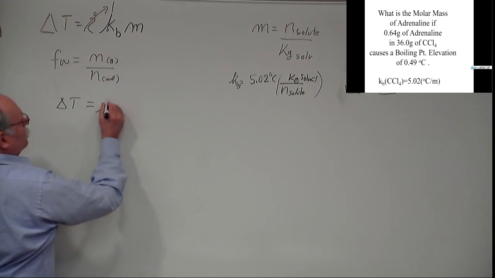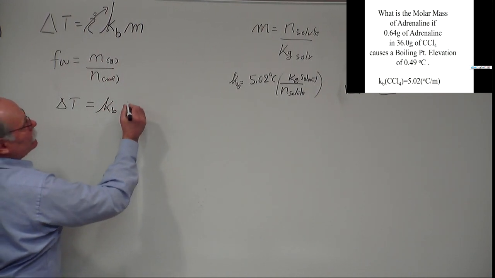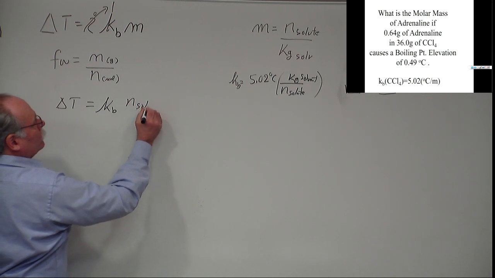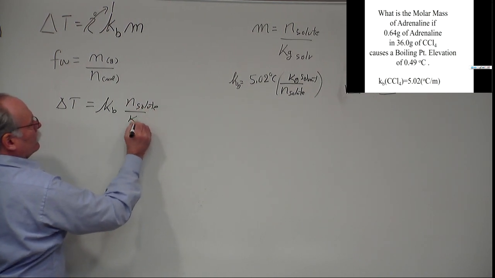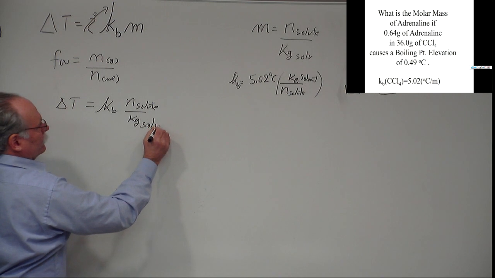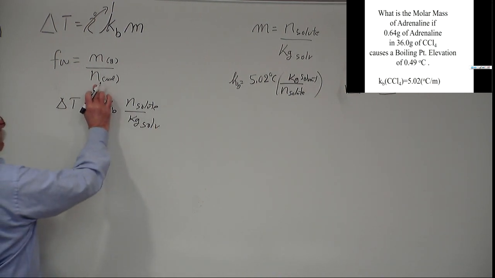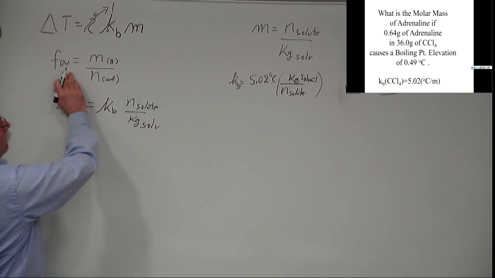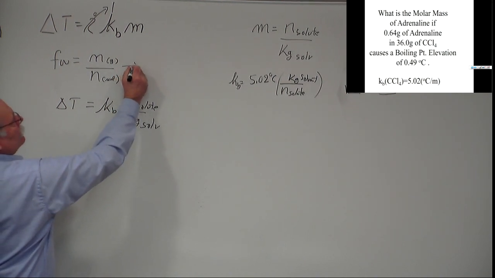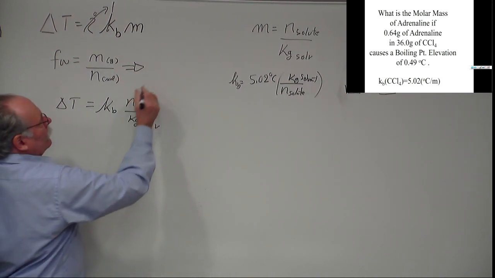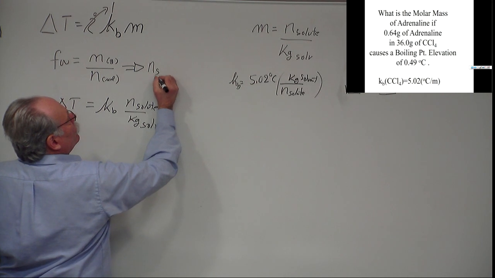And this is equal to Kb times the moles of solute per kilogram of solvent. Now, here I have the moles of solute. I want the formula weight, so I'm going to rearrange this equation and write it in terms of the moles solute